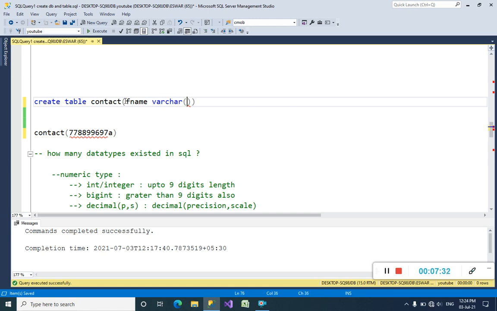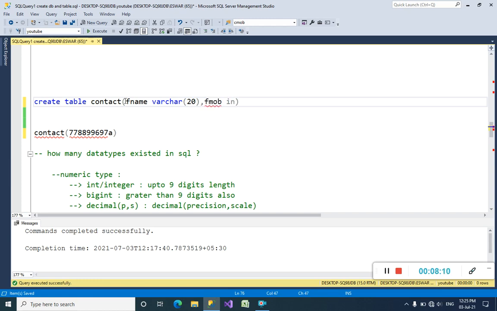I will tell you about all these data types in this video. Varchar of 20: I want to store my friend's name with a limit of 20 characters only, because our old keypad phones would provide only 20 characters that we can insert as a name. We can create F name varchar of 20, and F number, friend mobile number, or FMOB.